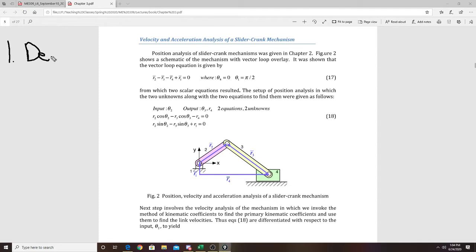So, we did derivatives. I don't know if that's spelled right, but I'm going to trust you on that one. So, derivatives. That is like the main thing we talked about. And derivatives of what? We derived the scalar equations of the vector loop, like this right here. We derived those equations to get the velocity